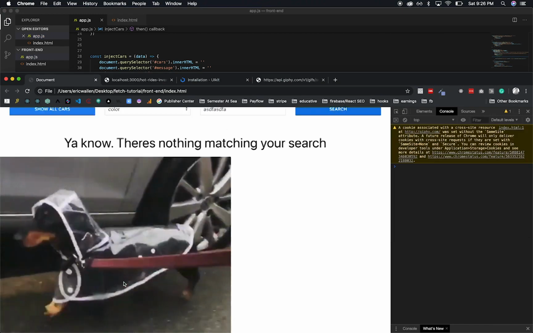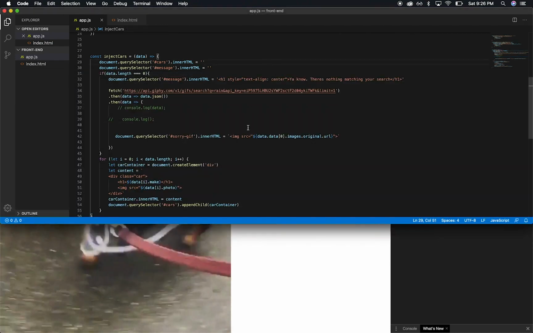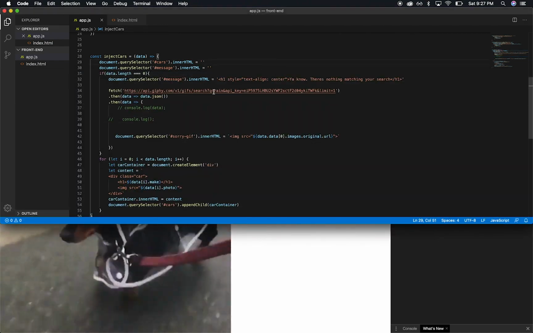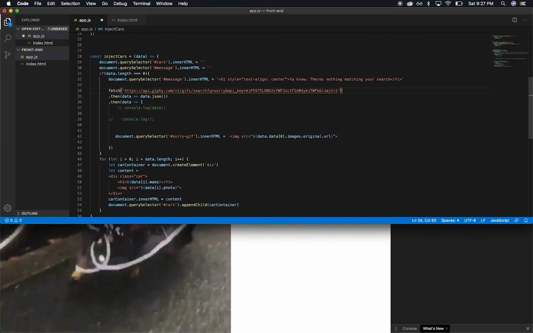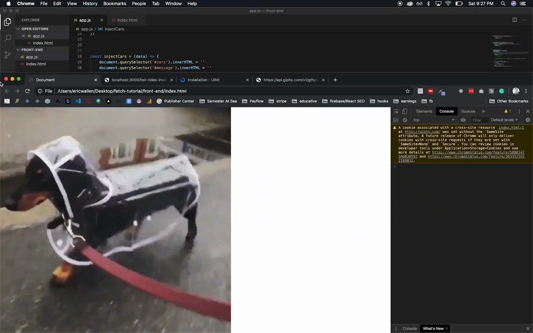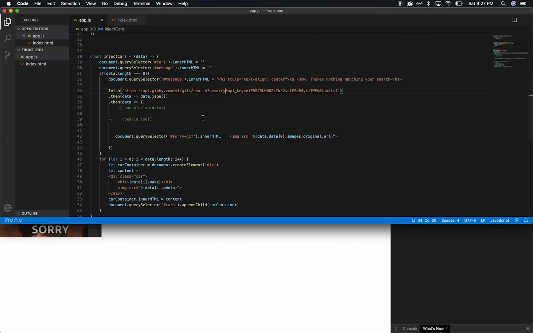Oh, we got a different one that time. It's a dog. I don't know. I have no idea what's going on here. Oh, because we have rain. I think we're still doing rain here because I copied it earlier. So let's do sorry. Okay. Yeah, I mean, you could put anything you want here, and you could randomize it if you want to. I'm not going to go into randomization of Giphies, but there's that one. Okay. So